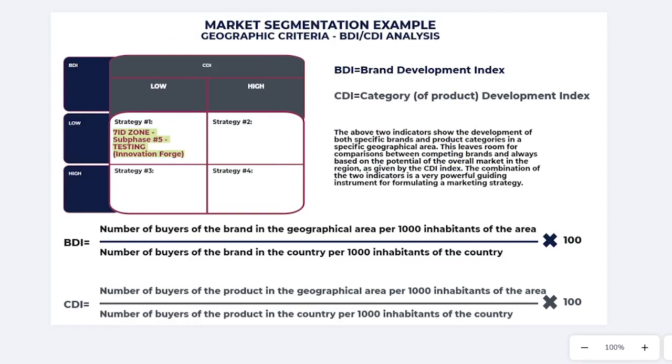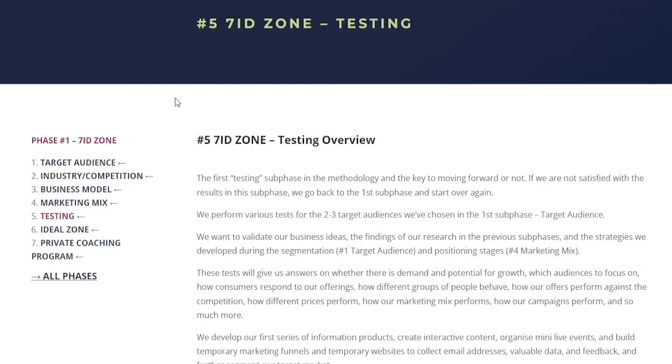So in the fifth subphase of the 7 Ideals zone, the first zone of the methodology, we examine the market. We research the market, our target audience, we research industry competition, we improve our business model, we define our marketing mix, and then we perform some tests. And these tests are very powerful. And after the test is the ideal zone, where we specify a specific market segment